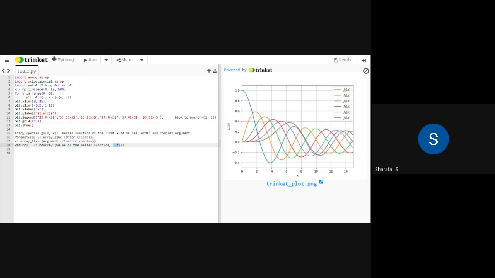Okay, so that's all about today's class. We will discuss the interpolation techniques and other